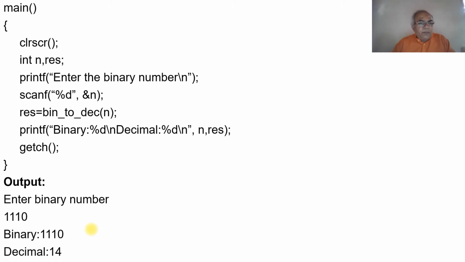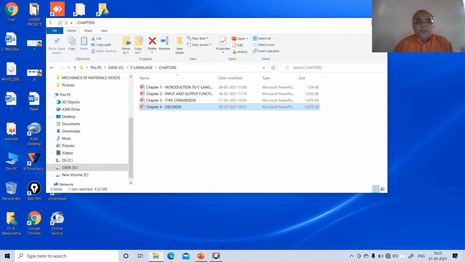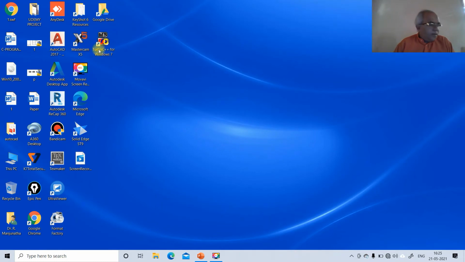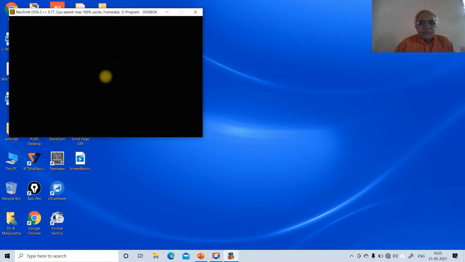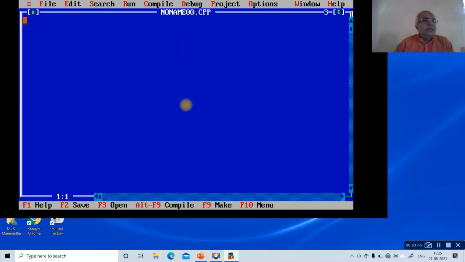Now we will write the simple program for this. To do that, first we go to Turbo C++. Then include stdio.h, then include conio.h, then binary to decimal int n.